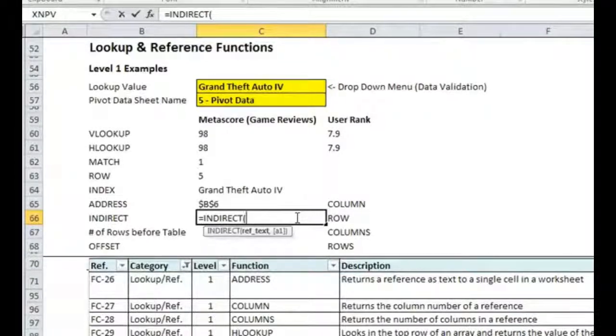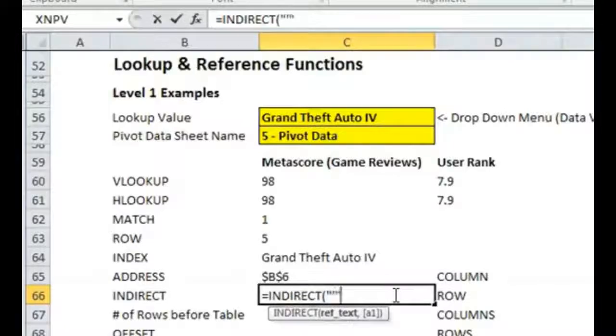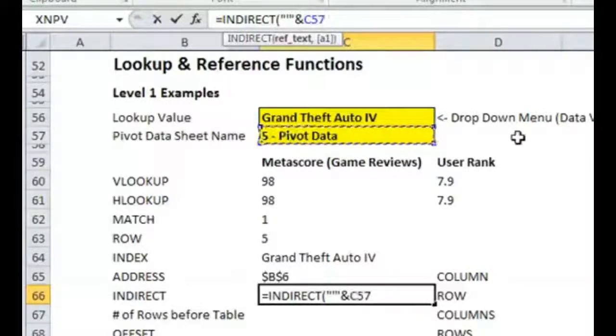So in order to do that, I first need an apostrophe. So that is an apostrophe within 2 double quotes. So 5 altogether. I'll just do that slowly. So a regular quotation mark, then an apostrophe, then a quotation mark. And that's because when you reference a sheet, it's an apostrophe, then the sheet name, then an apostrophe, and an exclamation point. So if we take the apostrophe and we add in the pivot data sheet name,